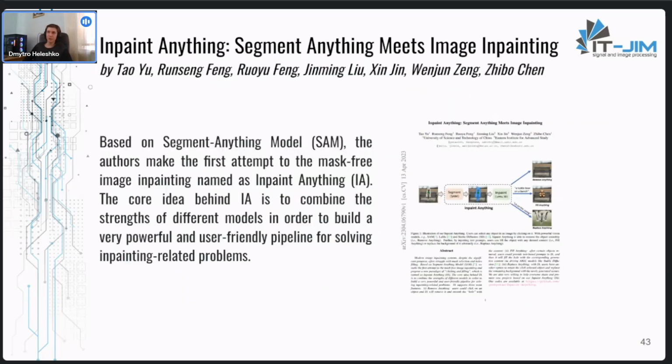But wait, there's more. Inpaint Anything: Segment Anything Meets Image Inpainting. Based on Segment Anything Model, the authors make the first attempt at mask-free image inpainting, named Inpaint Anything.